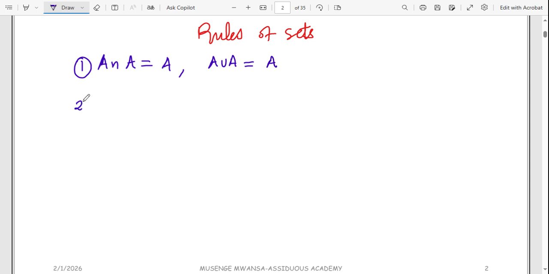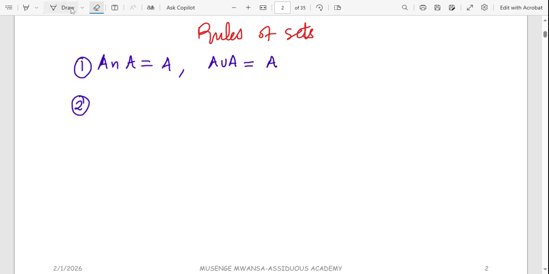The second one I want you to know is when you get a set and then you deal with an empty set. Let's say A intersection an empty set. What are you going to have? Remember from the previous class, I told you that every time two sets are intersecting, you always get a smaller set. An empty set barely has anything. A set A at least has got something in there. Therefore,